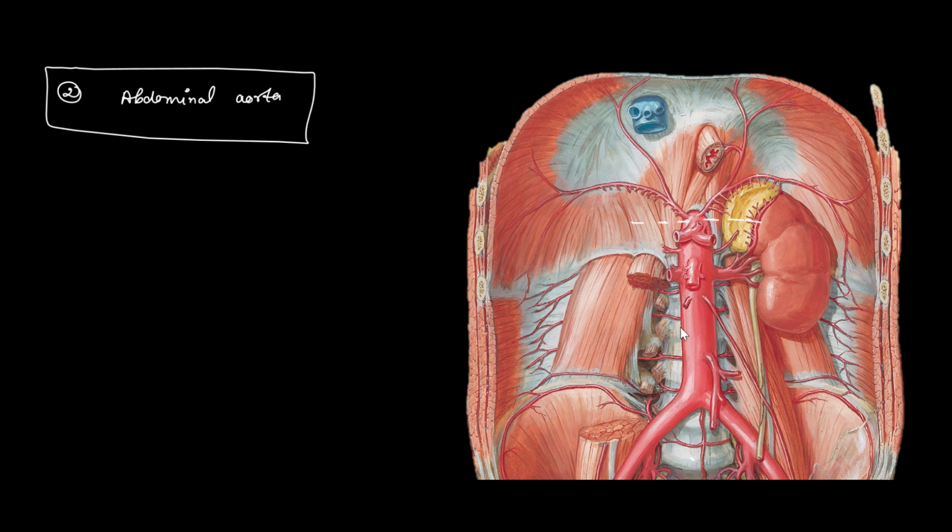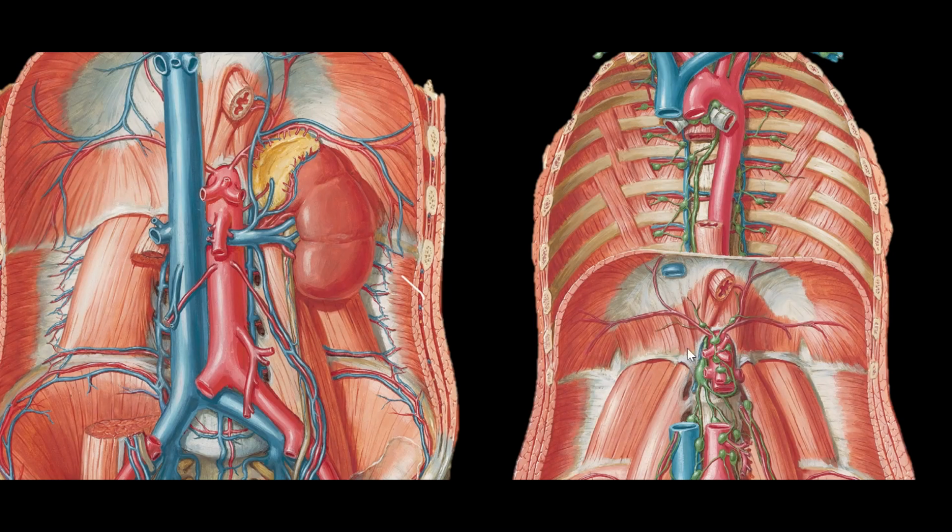Okay, and on the right side of the abdominal aorta is the cisternae chyli, which can be clearly seen in the given picture over here. Cisternae chyli is an enlargement of the thoracic duct descending in the abdominal cavity. This is nothing else, just an enlargement of the thoracic duct.